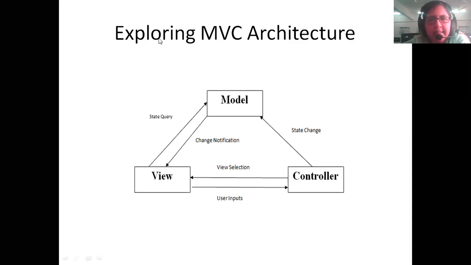So what exactly is it doing? Here, the view part deals with the presentation part. Anything that you want to display to the world, that particular software component is called the view part. The model deals with the database part or the file part where your actual data is present. And the controller, as the name says, controls the flow of information between the view and the model.